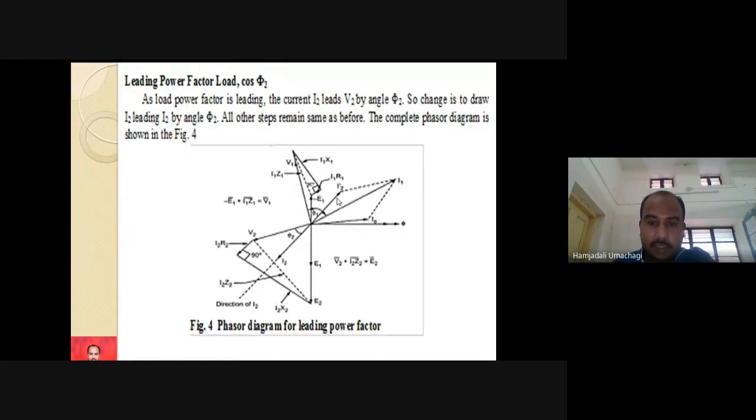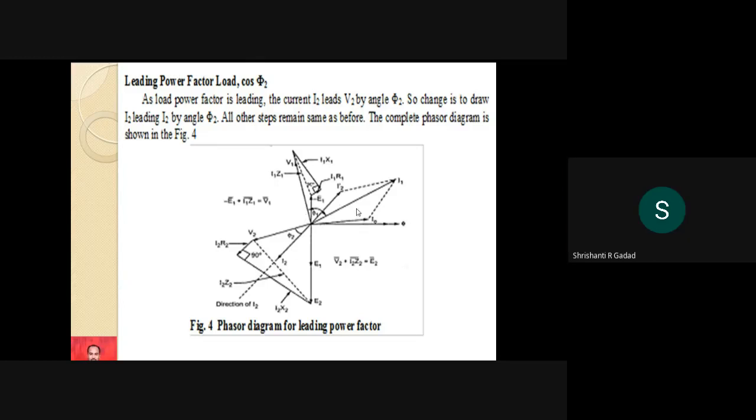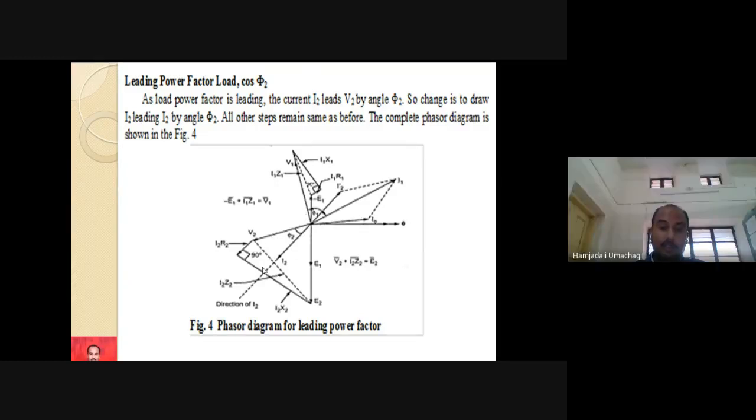Where are you going to find the difference? Only at the bottom side. Bottom side means these are secondary side parameters. Why do you find a difference on the secondary, on the bottom side? Because the loads are different. These are all secondary side parameters, and on the secondary side we connect the load, yes or no? And here we are changing the load, that is R to L to C.